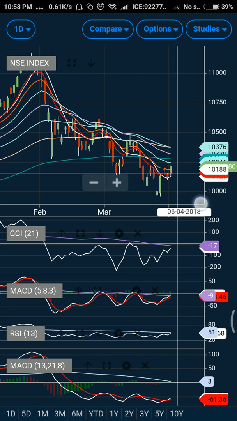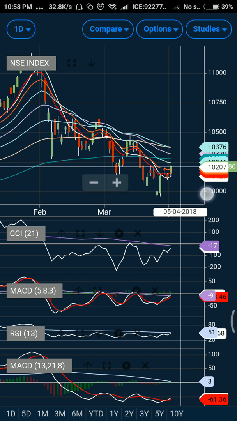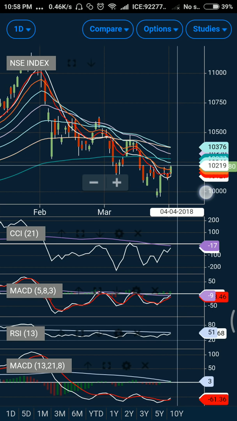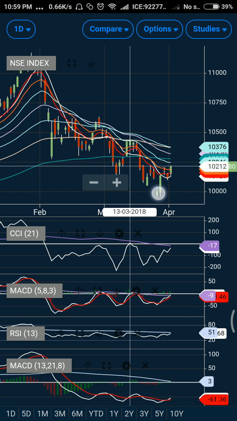So in my previous video I did mention that the market can see an upside till the resistance where it has previously stalled. So 10,200 kind of odd level we are expecting that the market can face resistance at that particular point. If you see today, the market went on to the high side, but you can observe that the previous candles which have been holding the upside of the market are still acting as a resistance. Though the market has been able to end up on the green side, it has not yet broken above the